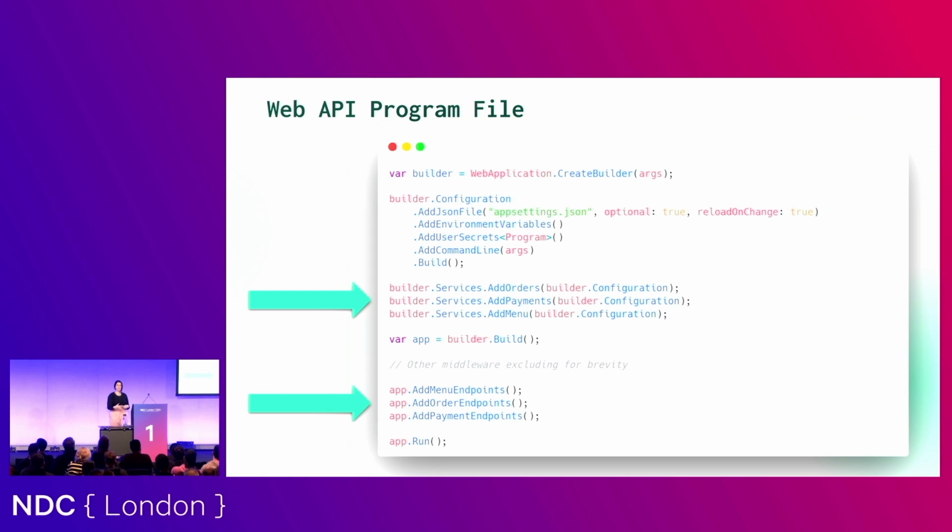Now, when you come to break one of these off, you've already got the extension methods, so you can add a new executable to your module. So let's say we were doing the order module. You could add an orders web API to that, and then you've already got the extension methods to register inside that one's program. So you don't have to do any different work. You just take these two extension methods out of your web API program and put them in your new executable program.